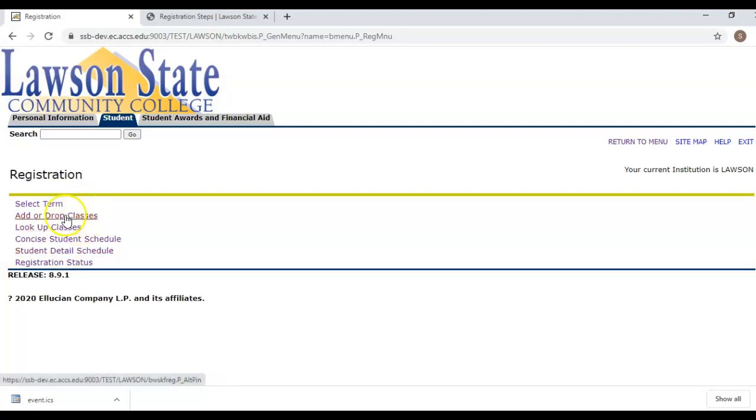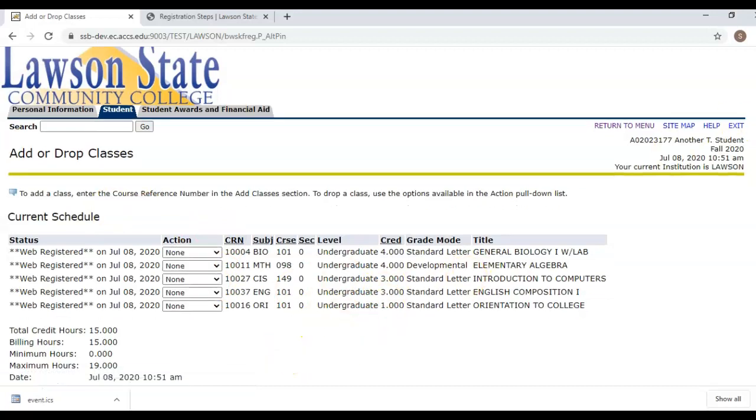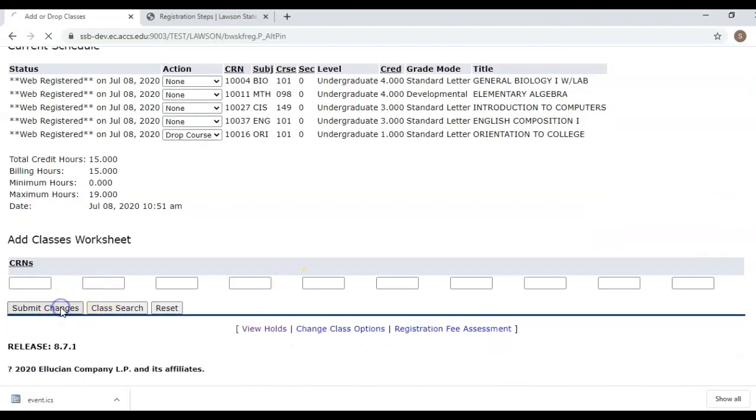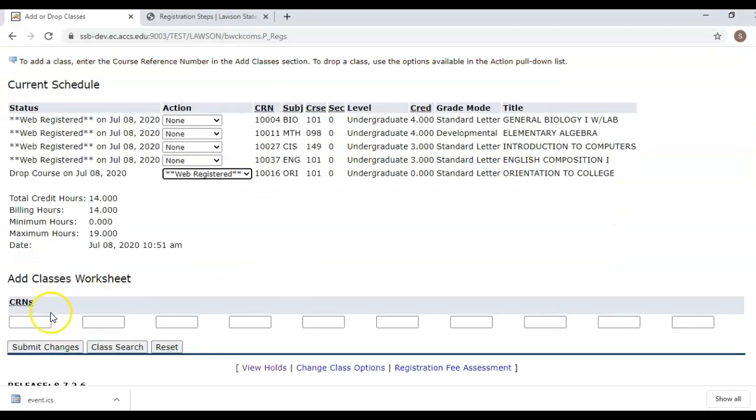So I'm going to now show you how to add and drop a class. Let's say there was something on here that you wanted to drop. Let's say that you decided, I'm just taking too much. Let me show you. It's so easy to drop a course. All you have to do is click on drop the course. It's that simple. Scroll down and submit that change. And you can see it'll tell us when it was dropped and on what day. If you want to bring it back to your schedule, it's very easy. Just click web registered. It makes it so easy, and hit